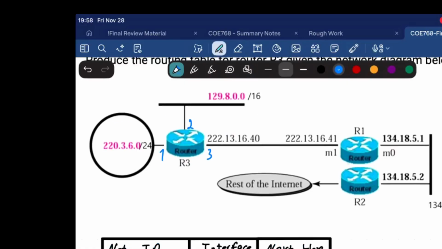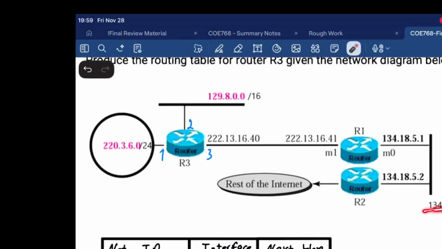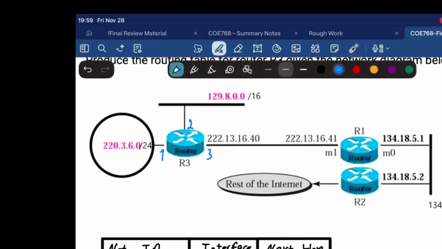And here we can see that the only path this network can take to get to the router R3 is using its third interface. So we know it's the third interface. And now we need to know, for the router, what is the next hop it needs to take in order to get to this